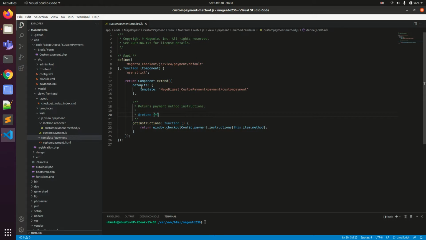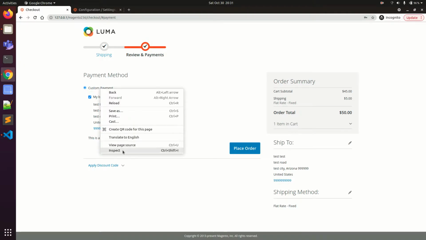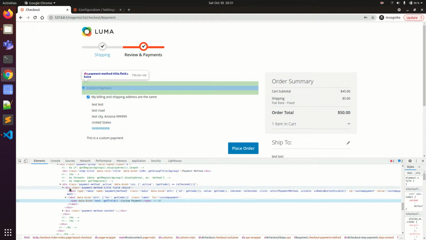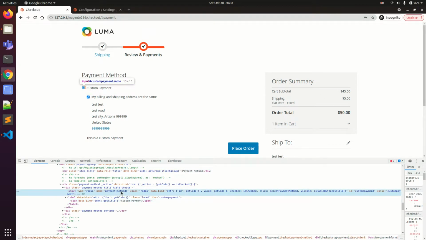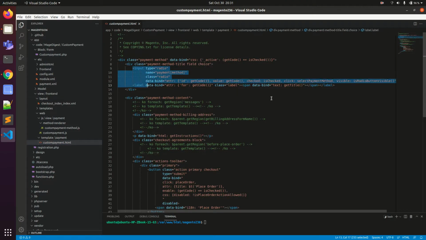After this, we are going to this particular HTML file, that is custom payment. Here it is saying building block. You can copy it directly from cash on delivery, because I'm using a cash on delivery framework, so I'm using the same HTML files. No changes have been done to this particular file. Now if you right click on this field and inspect it, see this payment mode, input type radio, class label for custom payment. The same thing I have defined over here. So this particular thing is responsible for that.